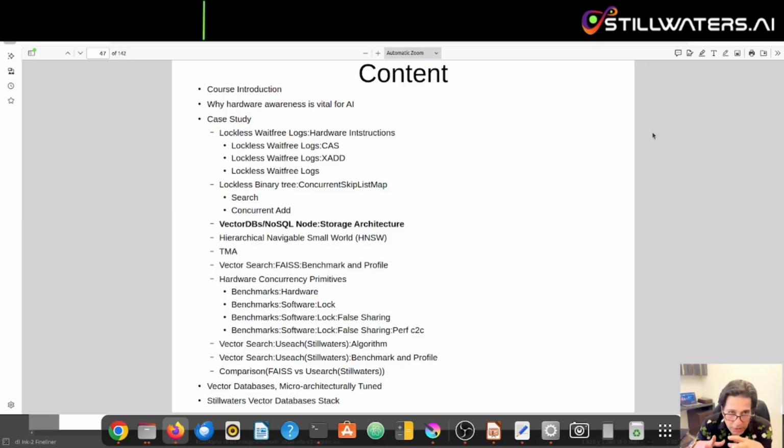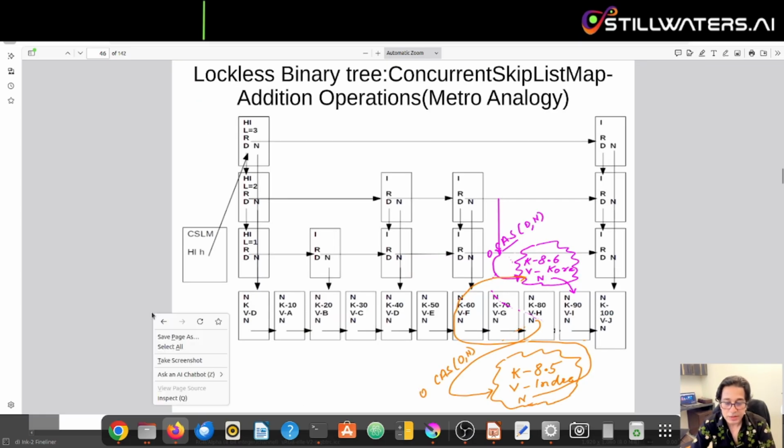Now, let's combine the two for a lockless or a wait-free VectorDB storage. But it's just the log which is wait-free. The skip list is not essentially wait-free. But can we make it wait-free? You can, but you have to be a bit more creative in the way you allocate memory. So right now what's happening is